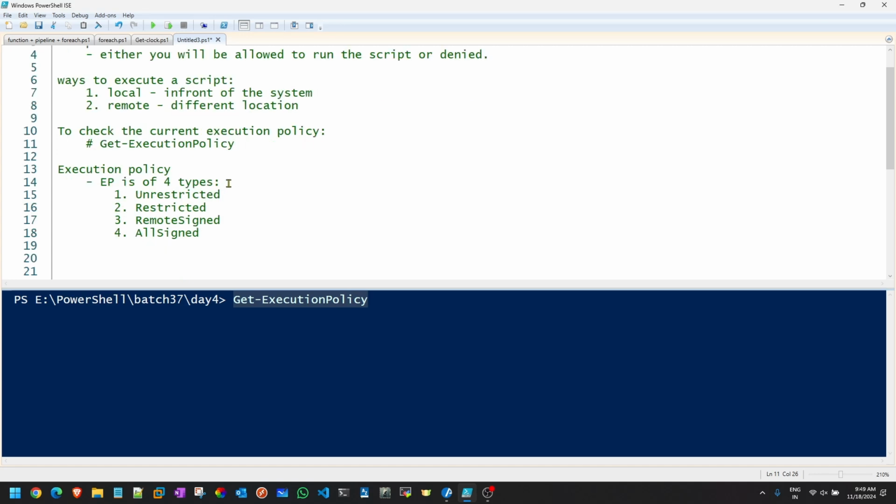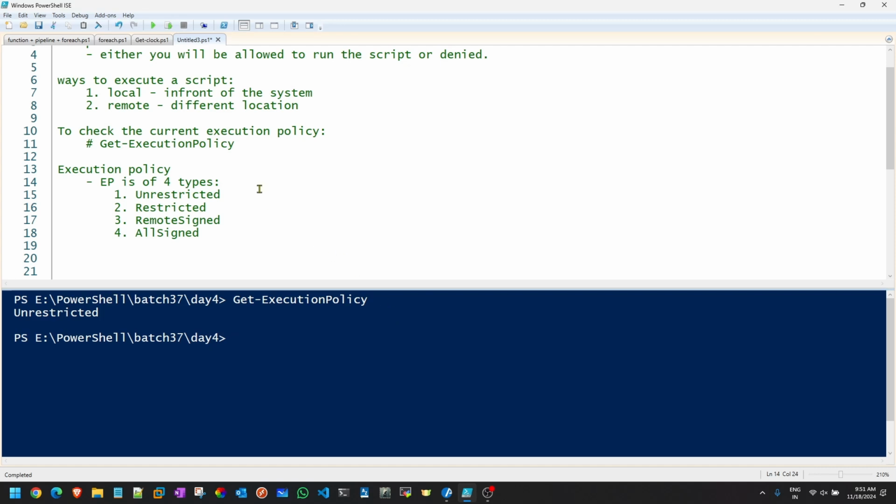So everyone, now run this command on your machine and see what exactly you are getting. Remember, this particular scenario you have to do inside virtual machine only. It is RemoteSigned for everyone. Now try to understand the meaning of all these four, so that you will get to know what is the difference between unrestricted and remote signed.